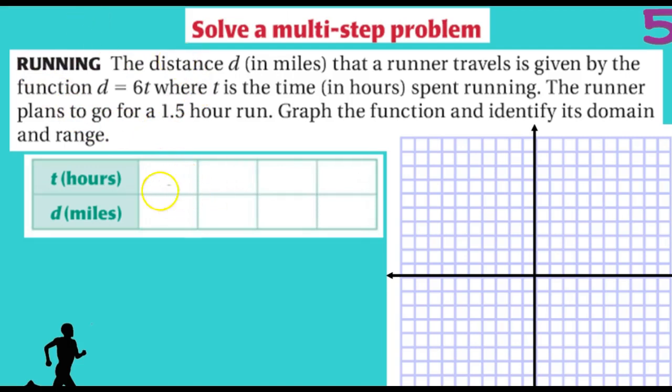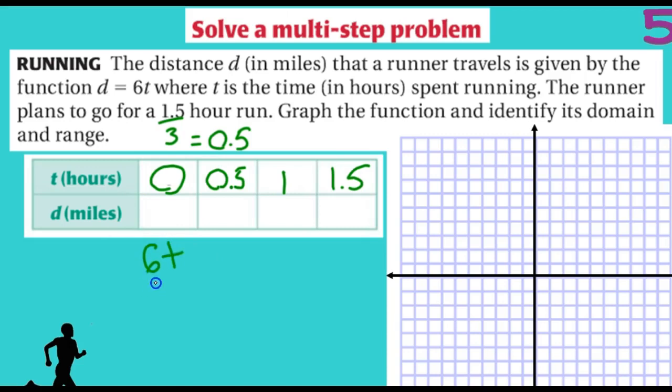So it looks like we have 4 separate spots that we can put on our table. If he's going for a 1.5 hour run, we know he's at some point going to start at 0. Then he's got 3 more spots. If we do 1.5 divided by 3, we're going to get 0.5. So if I put 0.5 here, maybe 1 hour here, and then 1.5 after that, now we're doing